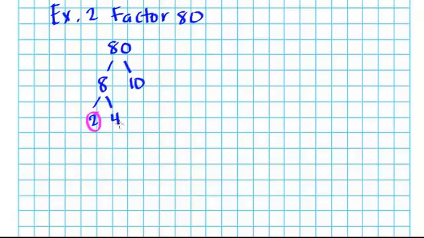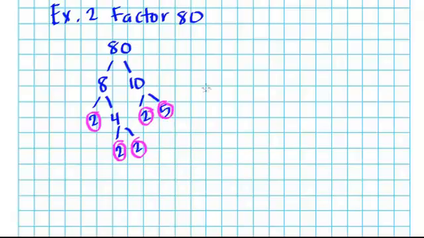So I continue with 4. Can I factor out 4? Well, 2 times 2 will give me 4. So yes, I can factor out 4. But can I factor out these 2's? No, I can't. So these are my prime numbers and I'm done factoring right there. Now I go over to 10. Can I factor out 10? Well, if I multiply 2 times 5, that gives me 10. Can I factor out 2? No, I can't. What about 5? No, I can't. Those are prime numbers, so they can't be divided by anything other than 1 and itself,